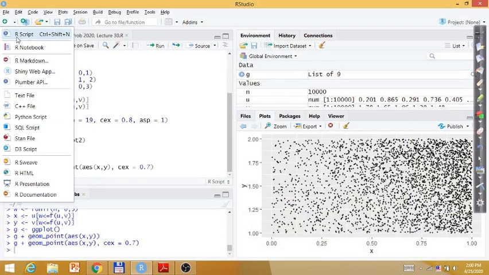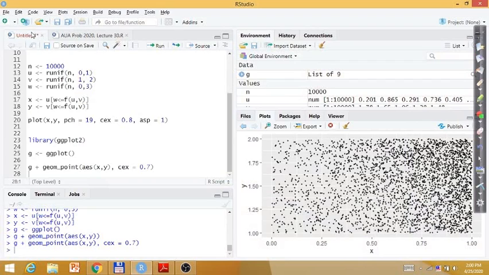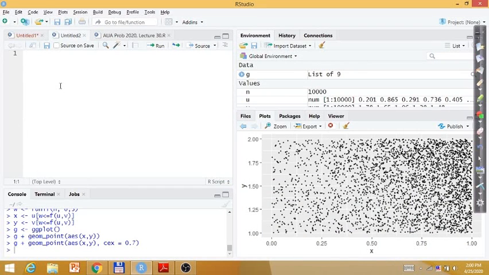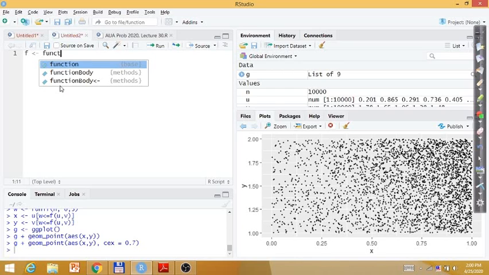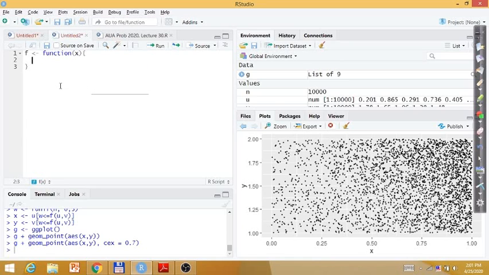I will open a new R script. So first I'm defining my f to do that rejection sampling. This is a function of one variable x. Define it in the following way. If my x is between -1 and 1, so let me write x squared is less or equal than 1, then return